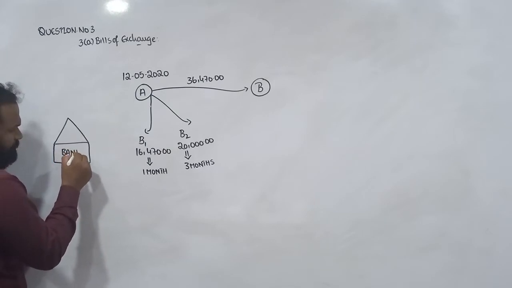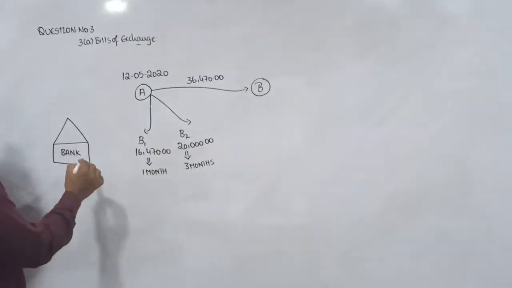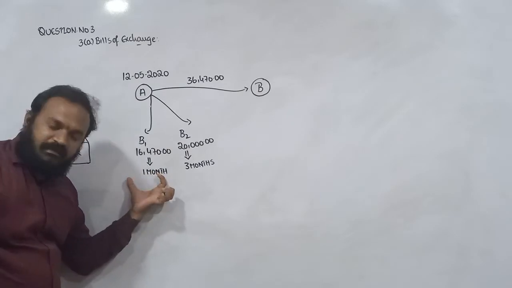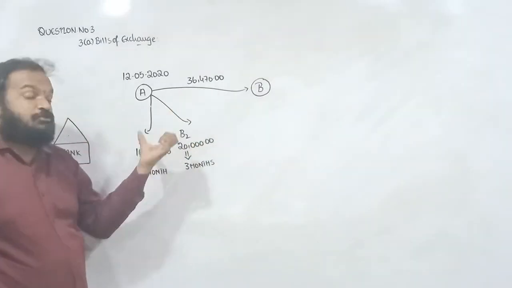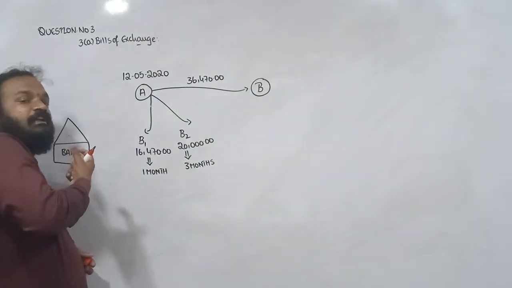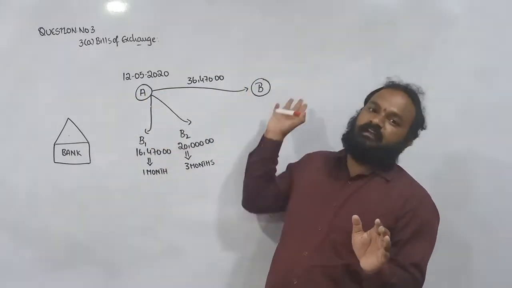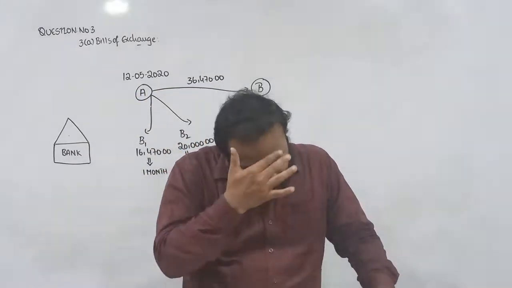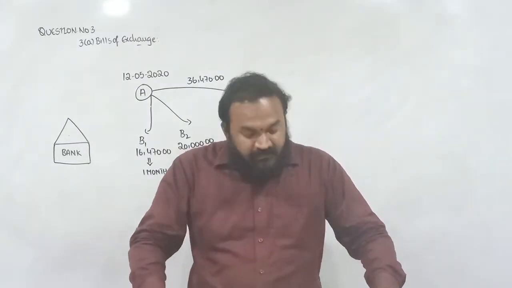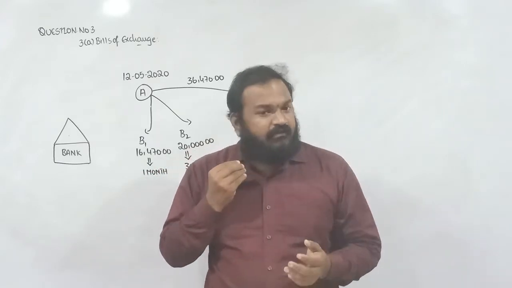So it is the obligation of the banker to collect both bills, and the amount has been credited to the account of A. Right? So the first bill has been duly collected. B fails to pay the amount on the second bill. Now the holder of the bill is the banker. The banker will have to pay noting charges and will recover it from A. A will recover it from B. Right? Next. However, on 16th August 2020, it was agreed between A and B that B would immediately pay